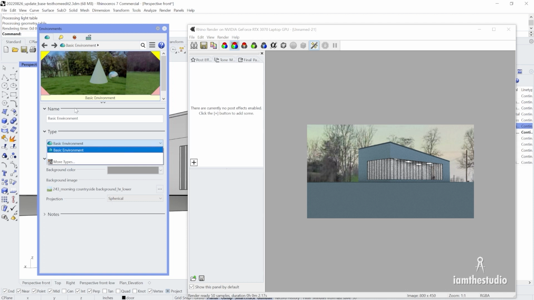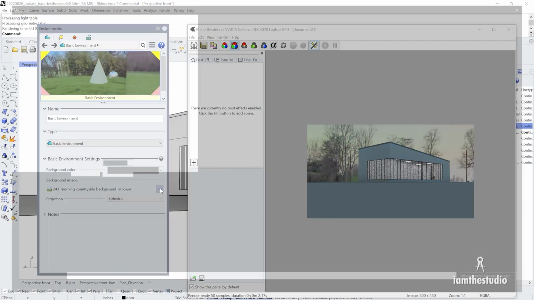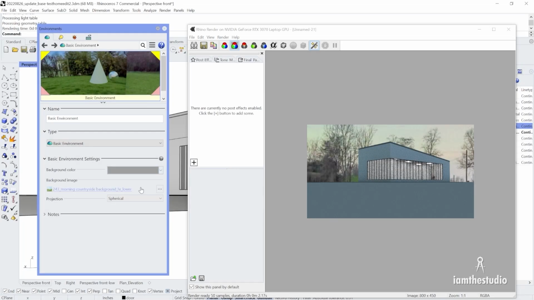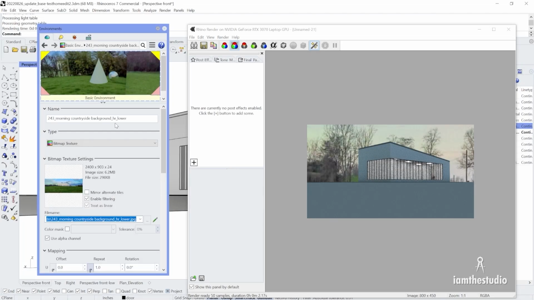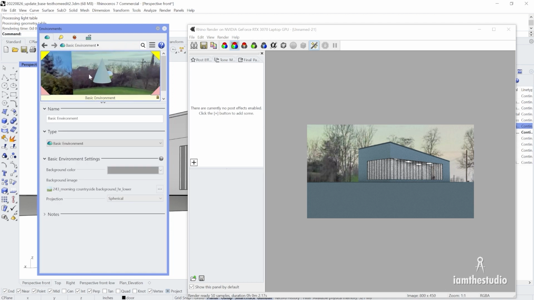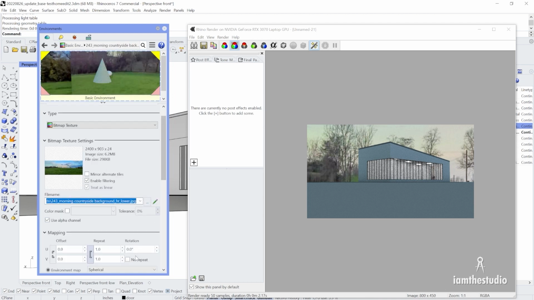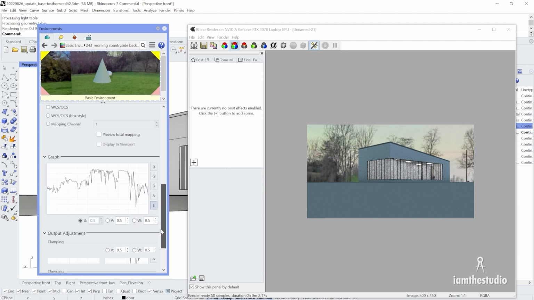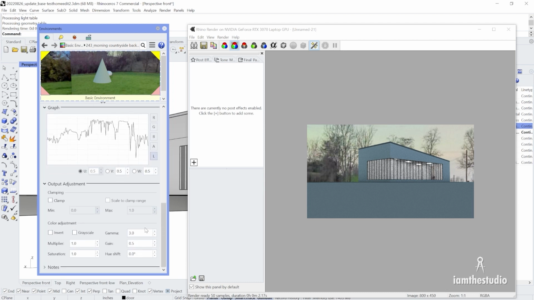Now, I just did sort of a custom background environment where I just chose an environment image by clicking on the three dots. I chose this lower image here, and I adjusted the file. What you'll see is it needs to be like a wide file that's sort of continuous. You can see the seam is not perfect here, but you actually can rotate that in your texture mapping. I made sure to select spherical as the environment map, and I also lightened the gamma so it's a